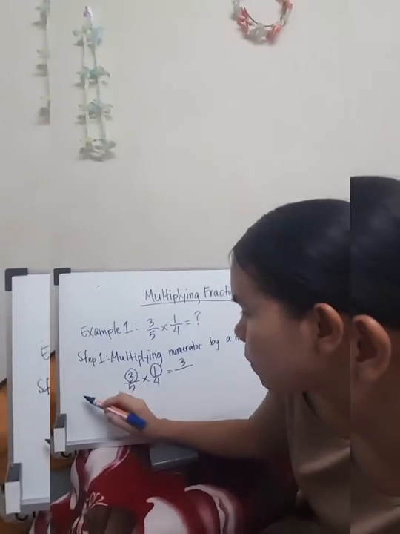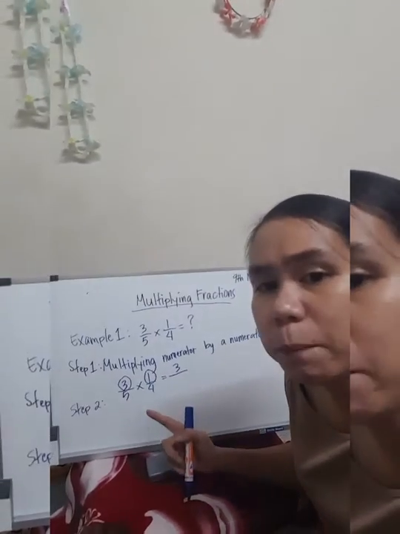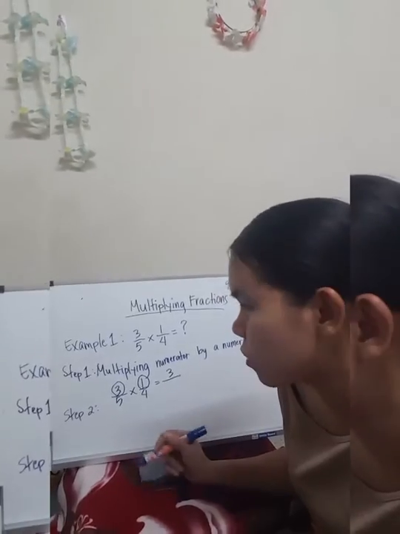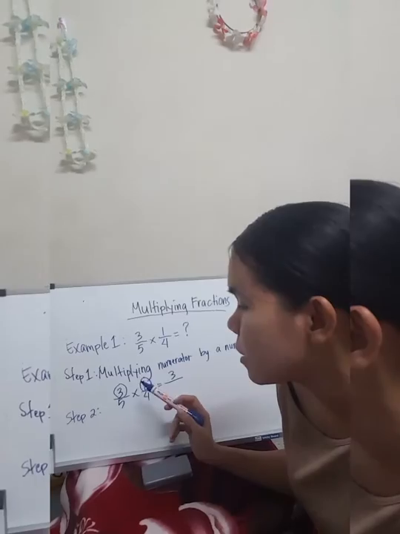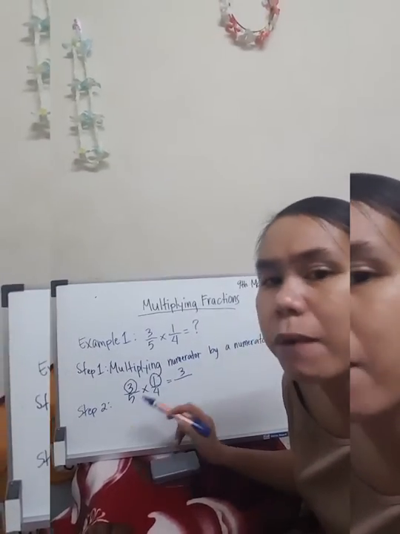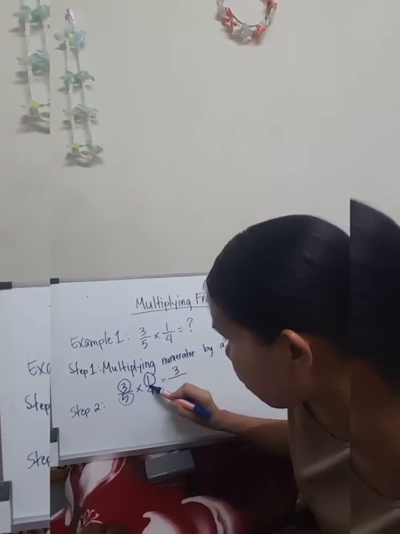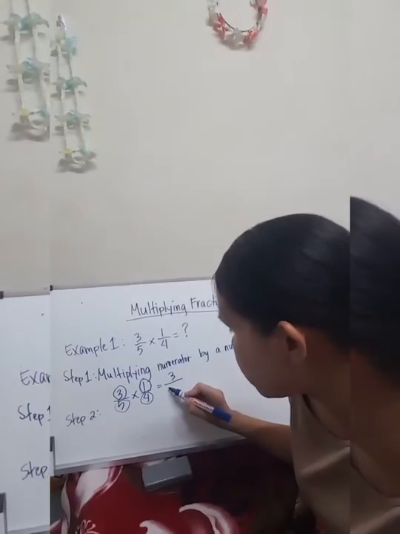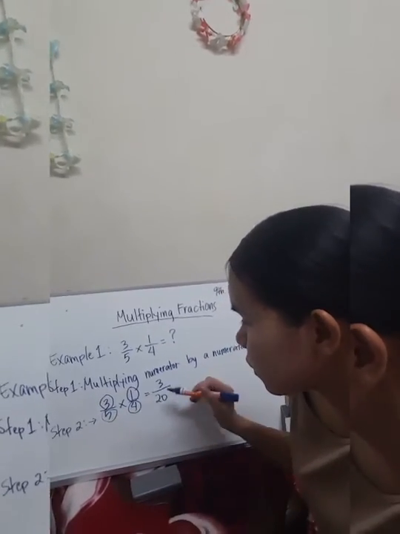The second step is multiplying the denominator by the denominator. So same thing you did in the numerator by numerator. You need to multiply denominator by the denominator, which is 5 over here and 4 here. So 5 times 4 is equal to 20. So you got